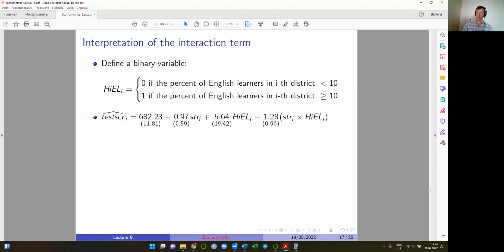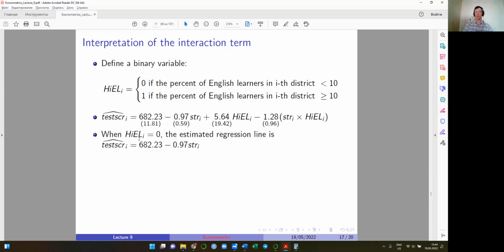And here, if we continue the example about the student-to-teacher ratio and test scores, now instead of using this high STR and low STR binary variable, we use STR as it is, right? So we use this as a continuous variable, plug it here, and we have the following estimated model. Interaction term is not significant as before, but again, let's abstract from this and let's try to understand